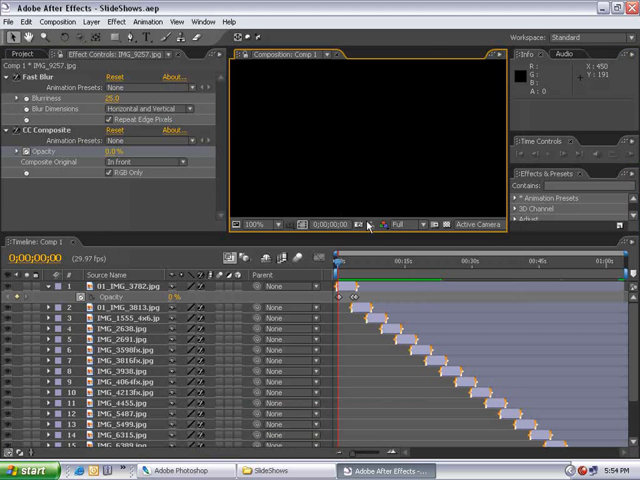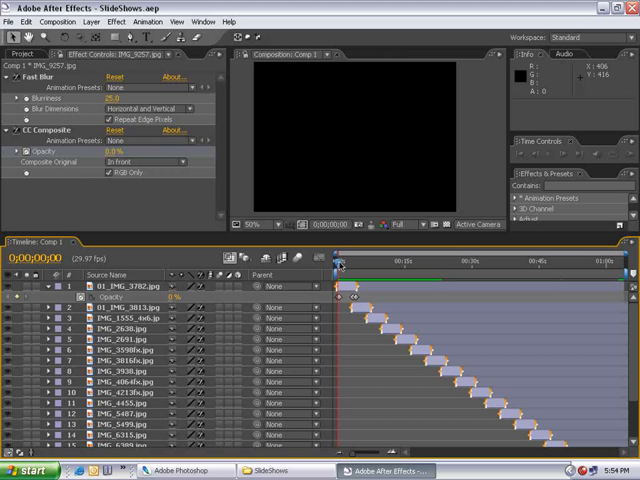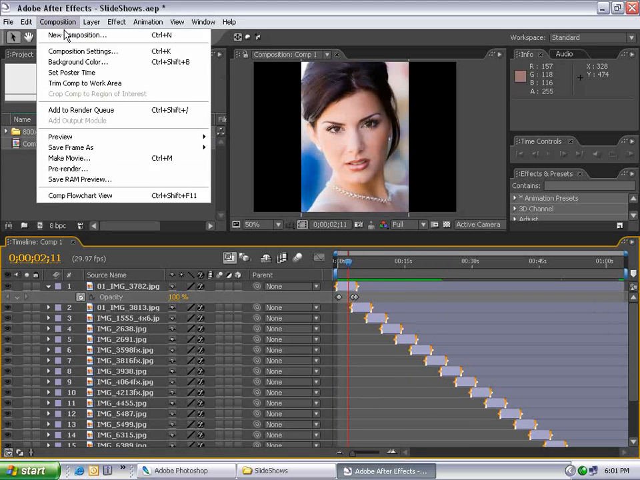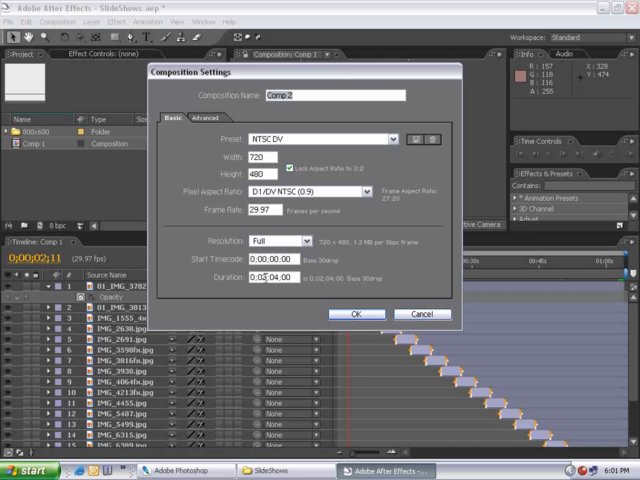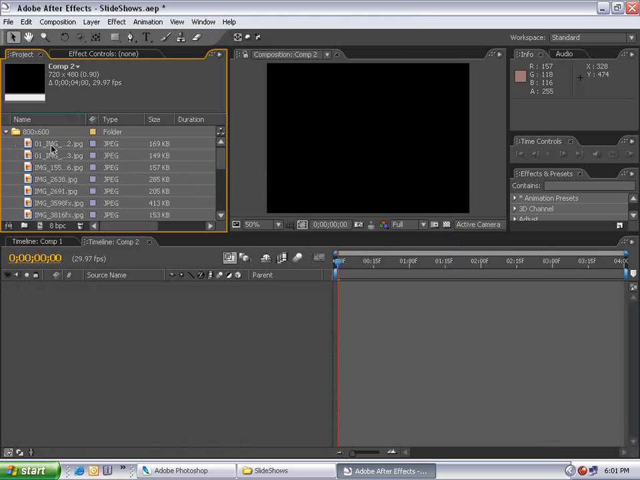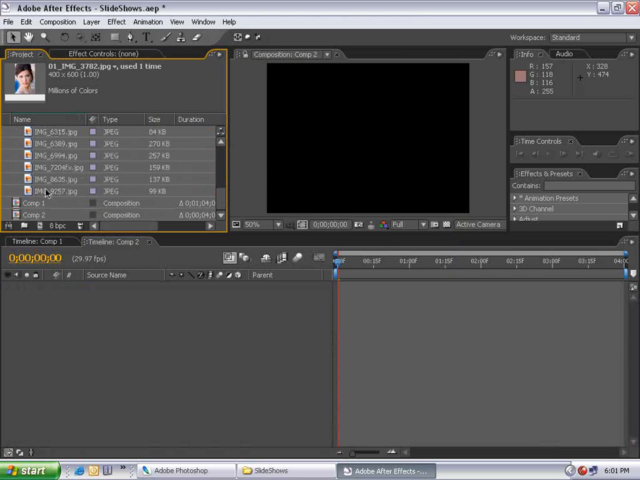Okay, so you're thinking, well, did that take a long time, or was I just teaching it really slowly? Well, let's find out. Composition, new composition. Set the duration to whatever length you want the images to be, 4 seconds, and set your preset. Choose OK. Go to your images, select the first image, go down to the last image, hold down Shift, drag